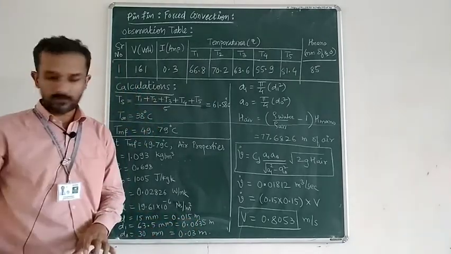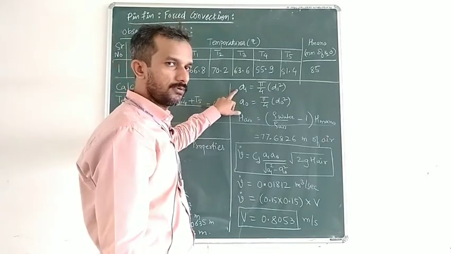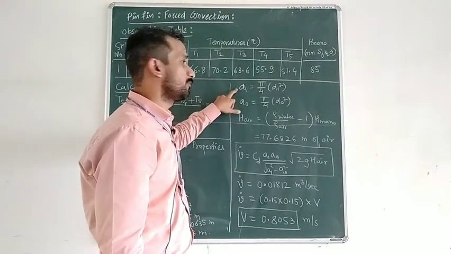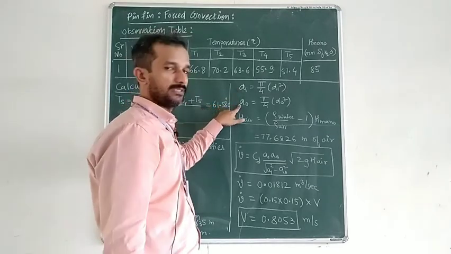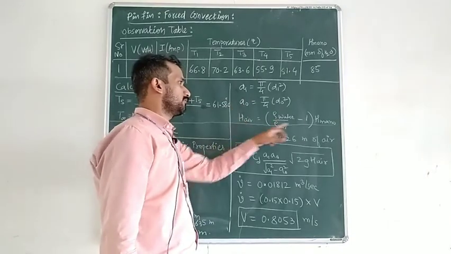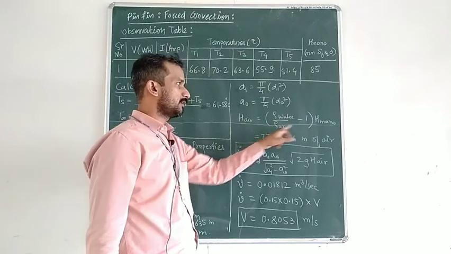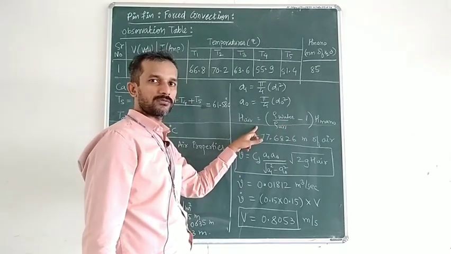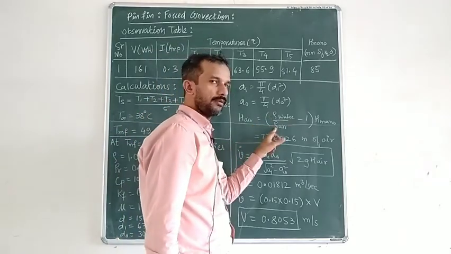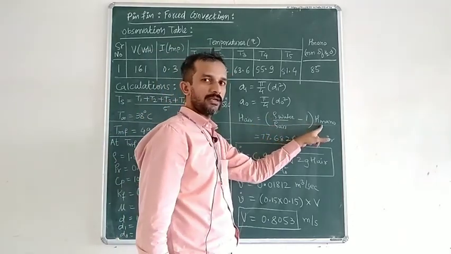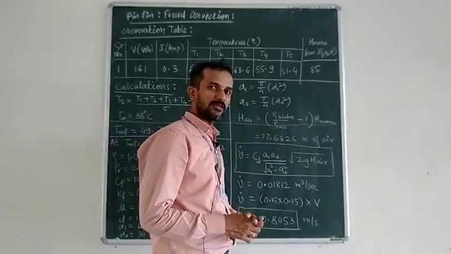When we begin the calculations, we have to find out the duct diameter first, the duct in which the orifice is installed, that is the delivery pipe diameter area, and then the orifice area. Both areas are obtained. Then we have to convert this manometric head, which is in water column, into air column, with the help of this formula we have learned in fluid mechanics. So, density of the manometric fluid upon density of working fluid minus 1, into manometric head. With the help of this we get 77 meter of air column.